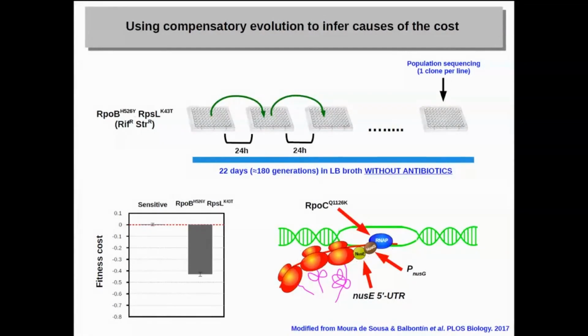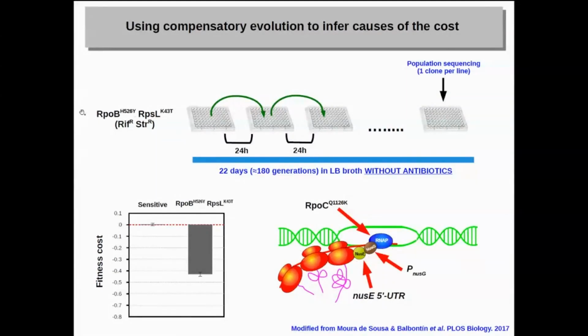But then we found a category of mutations that seem to be specific to this double mutant. When we moved these mutations to either the sensitive background or either of the single resistant mutants, they were not beneficial; they were only beneficial in this background. And these mutations were in particular machinery that is involved in the interaction between transcription and translation. So there are two proteins. One of them you already have heard about from Nello, NusG, that is a terminator, anti-terminator elongation factor that connects physically the RNA polymerase with the first ribosome that is coming to translate.